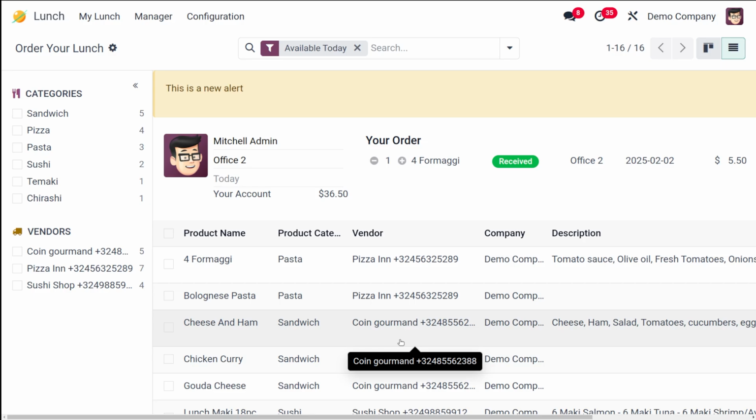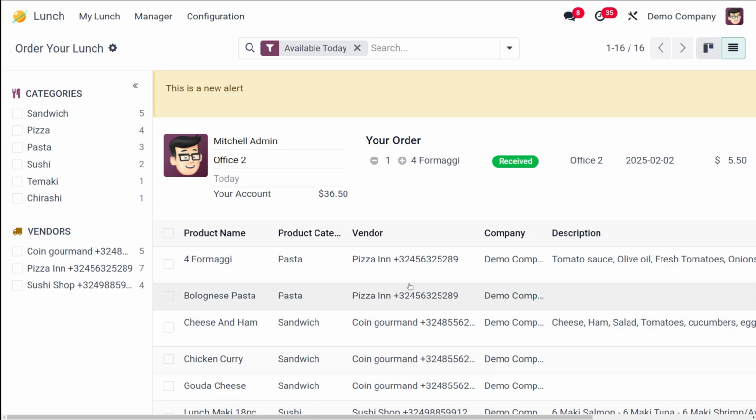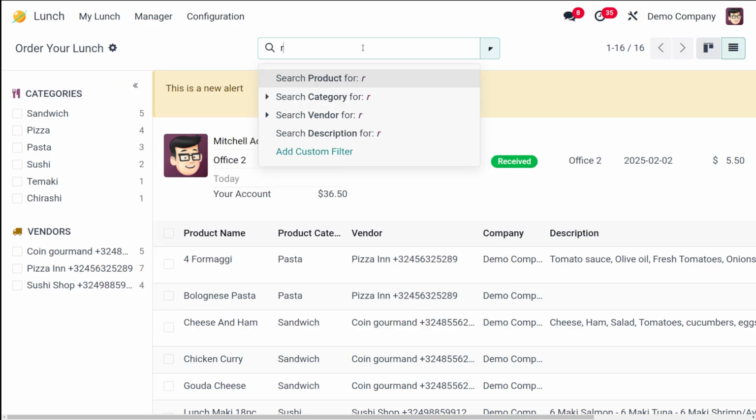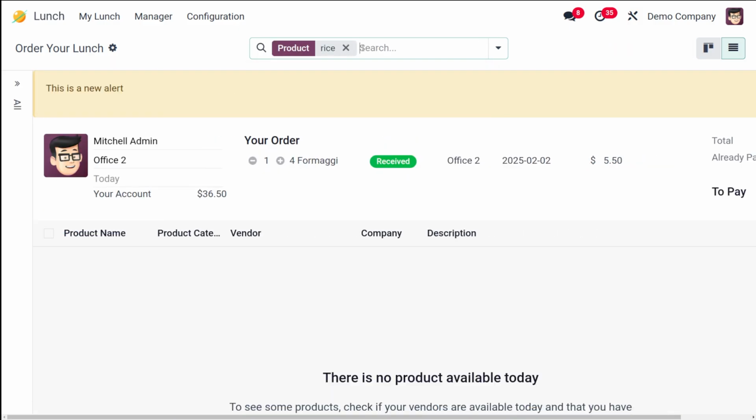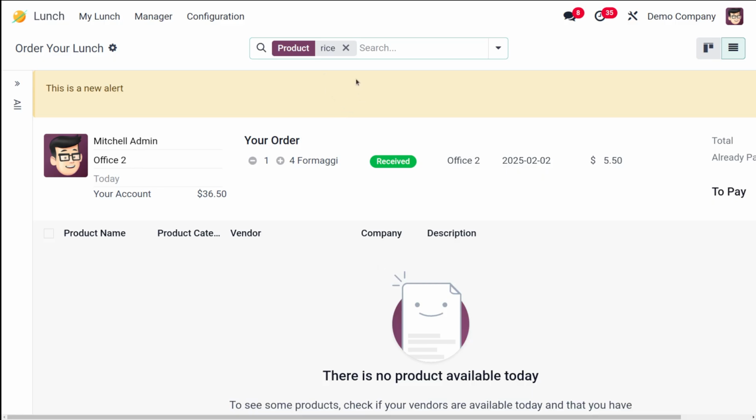Now, what you have to do is you have to browse products by category and vendor using the filter on the left. Okay, so you can check multiple check boxes, like multiple categories or vendors, and then what you can do is I'll just choose this. Go on and searching for rice. So that's the product. Okay, there is no product available today.